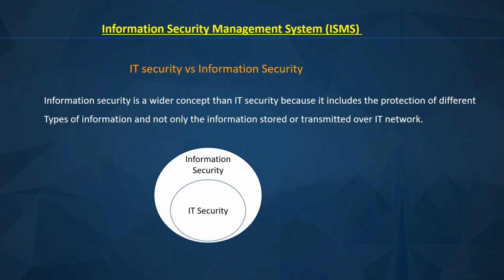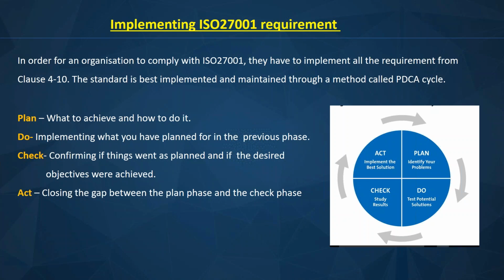Okay, so that is why information security is bigger than IT security. I hope that, for those of you that are still doubting, "Oh, I'm not an IT person. Will I be able to do this?" This is about information security, and it's not just data that is transmitted over a network. It's also about data in a paper form, in any form whatsoever. Okay. So implementing ISO 27001, I think we're getting close to the end of the class.